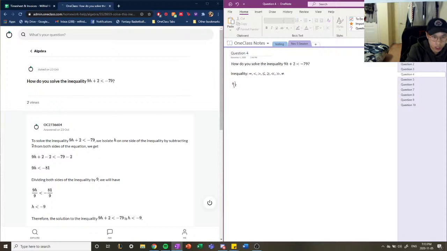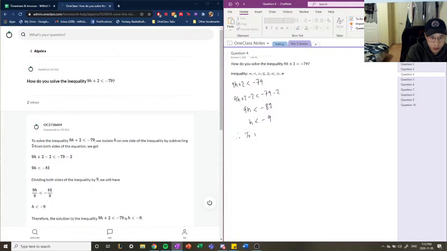So our inequality is 9h plus 2 less than negative 79. Okay, so we're going to move this 2 to the right side. So we're going to subtract both sides by 2, which means that 9h is left because this equals 0, and we have negative 81. To get rid of this 9, we are going to divide both sides by 9. So we end up with h has to be always less than negative 9. Okay, so that is our solution